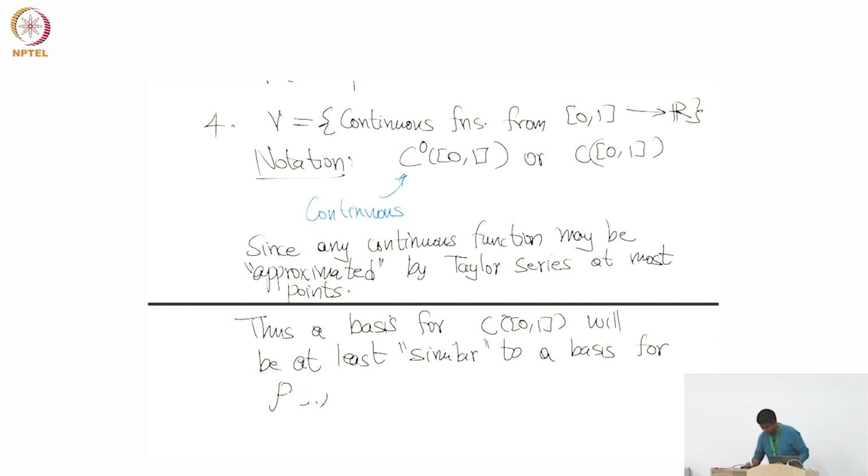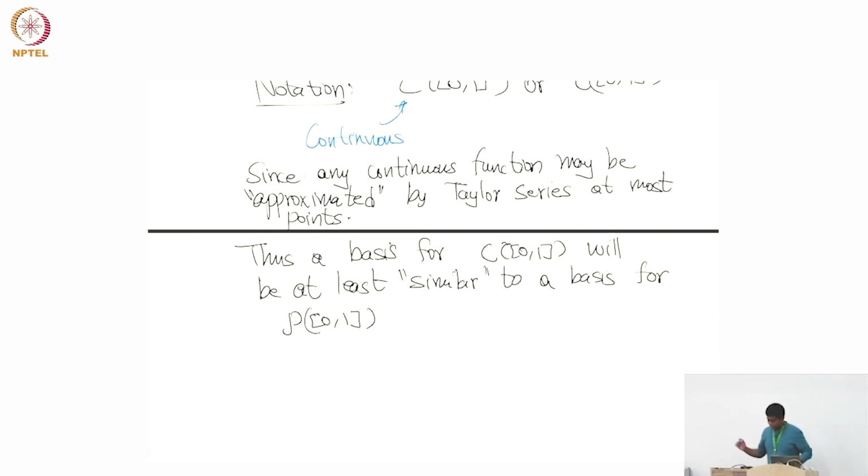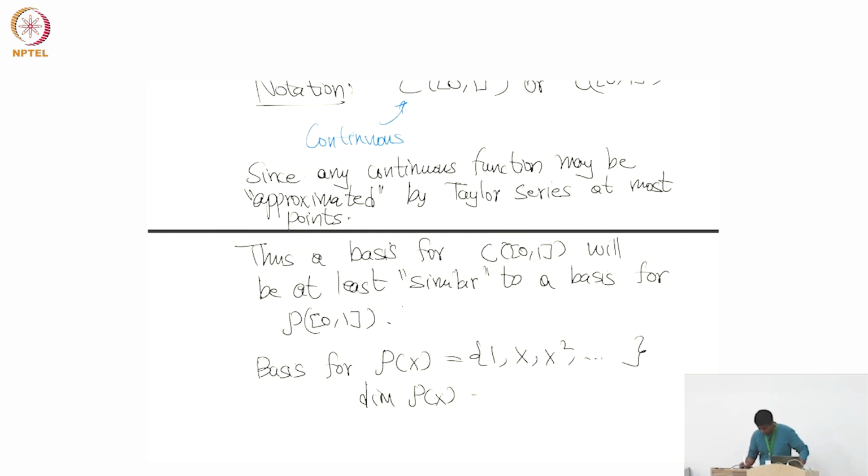If you want, we can say space of polynomials on 0, 1. So the previous one I could have said P of R, but imagine these are space of polynomials on 0, 1. So a basis for P of x will be, by analogy to what we wrote down, a basis like this, which is infinite dimensional,